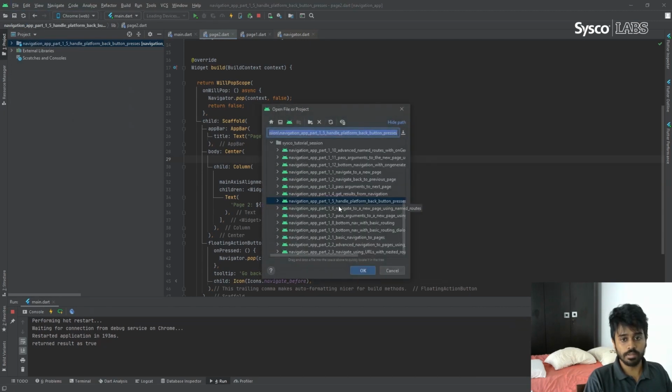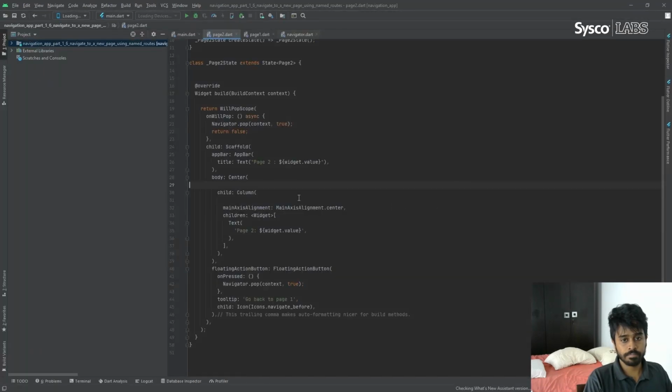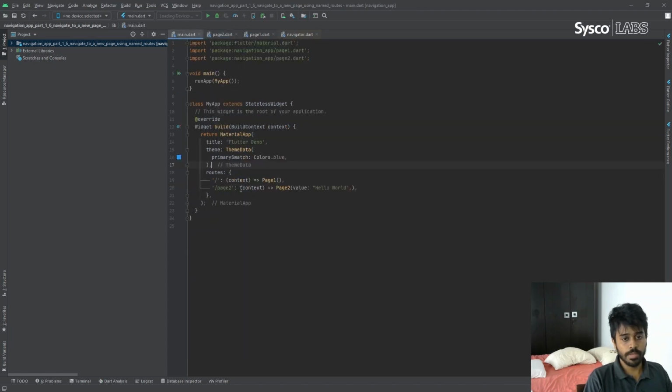Let me open that project. In the main page here, I have changed the parameter which earlier was home.